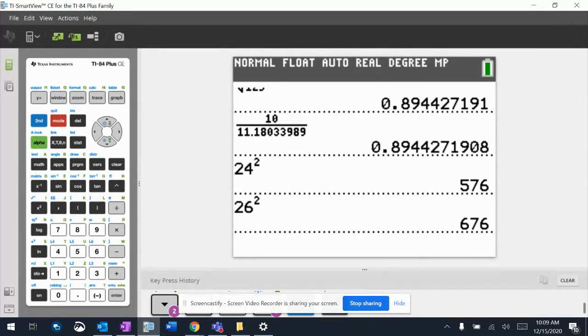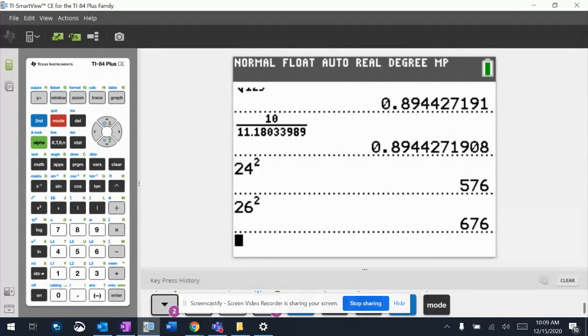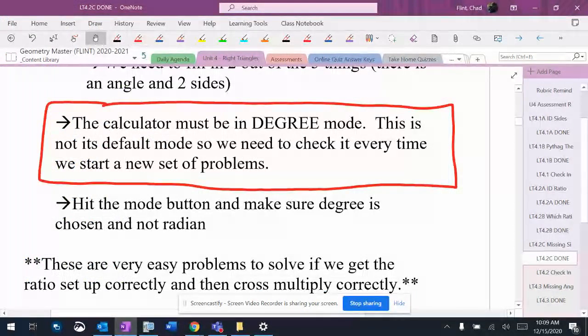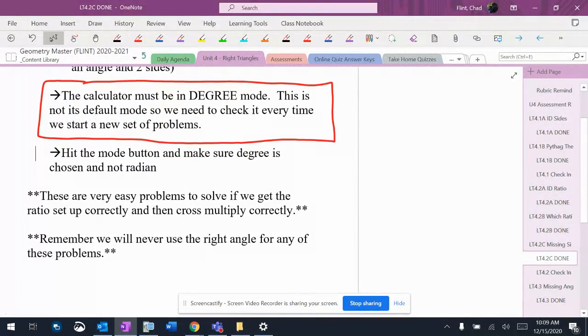So my suggestion is every time that you take this calculator and to get out of the mode button, don't just hit clear, hit second and then mode for quit, and that'll take you back out of there. It won't reset anything like that. Every single time you start doing trigonometry problems for the first time that day, I would check this. All right, so I would check this